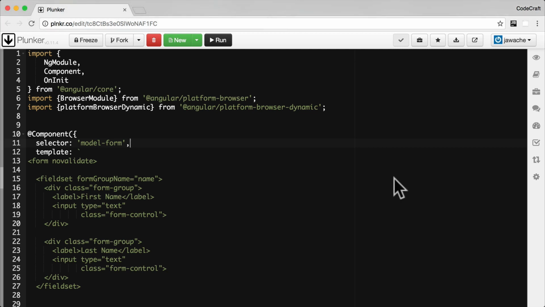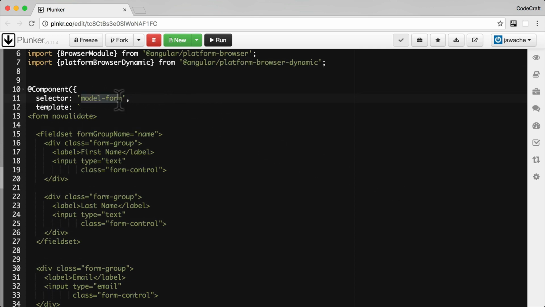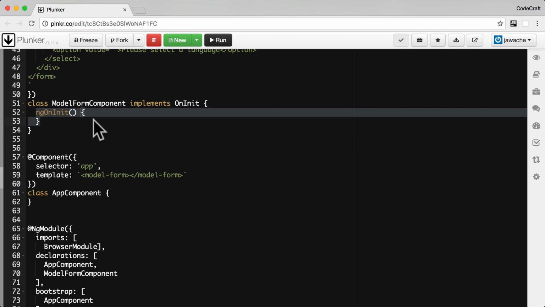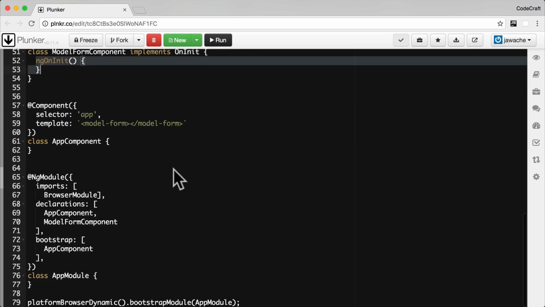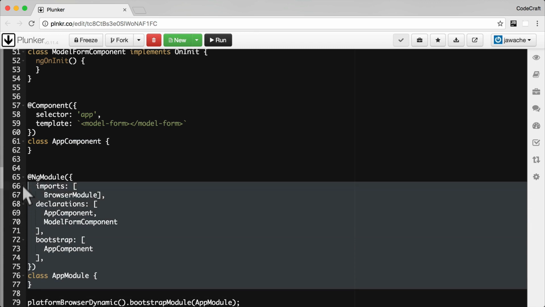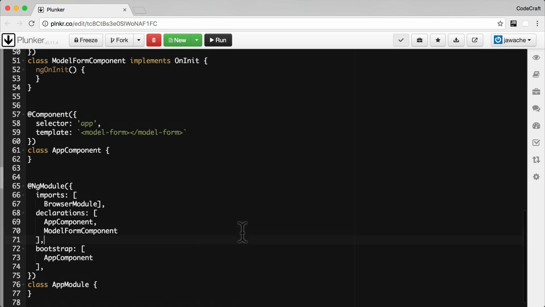So for our model-driven form, I've created a simple Bootstrap form on a component with a selector of model form. It doesn't have much code in the component itself. We're just implementing OnInit, and I've created the ngOnInit handler there, which I'll flesh out later on. And we're just consuming the model form component in our main app component, and then we're bootstrapping that via our NgModule. So going back to our HTML form,